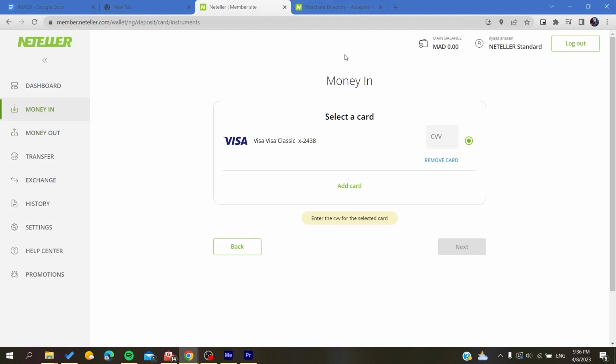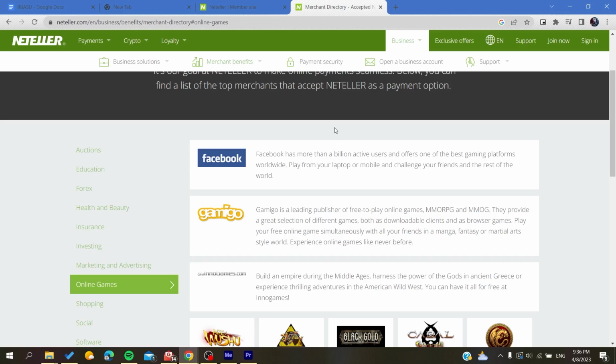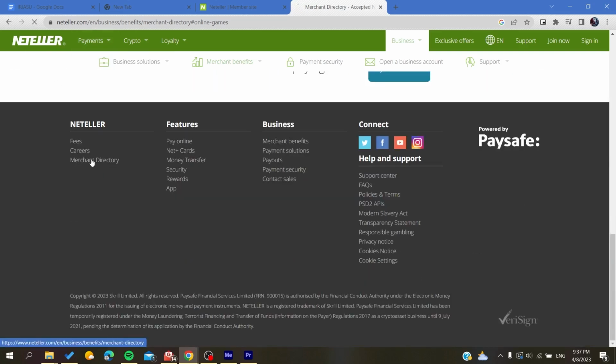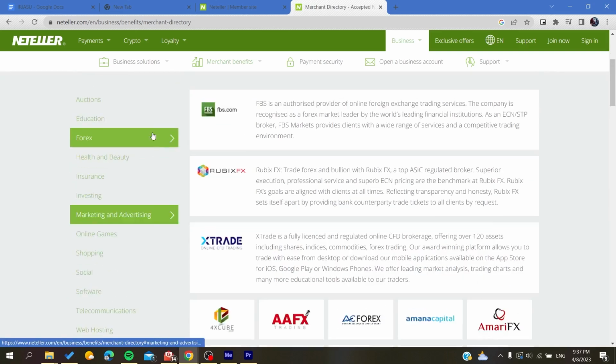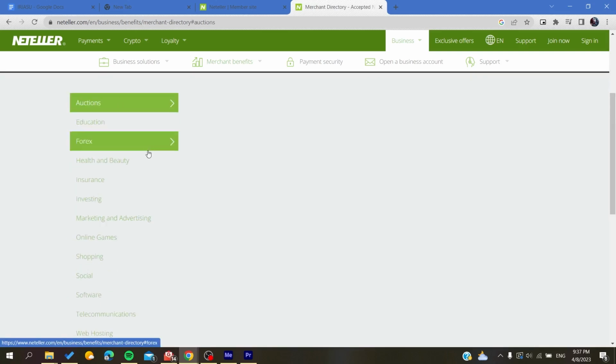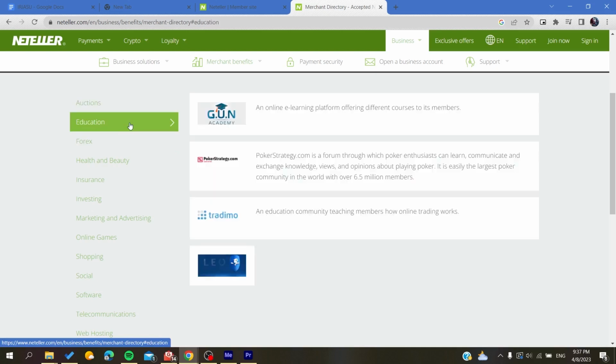After that you will need to go to some website that accepts the Neteller wallet so you can pay with it. You can go to the Neteller website and search for the merchant directory, and here you will find all the types of websites or services. And after you click on any service you will find all the companies or platforms that accept Neteller